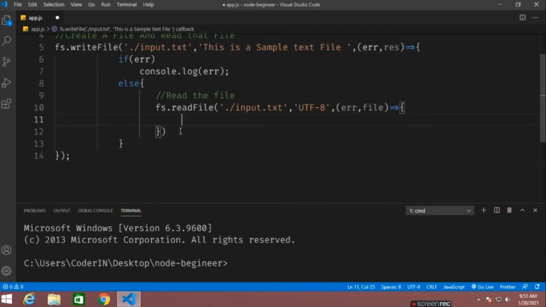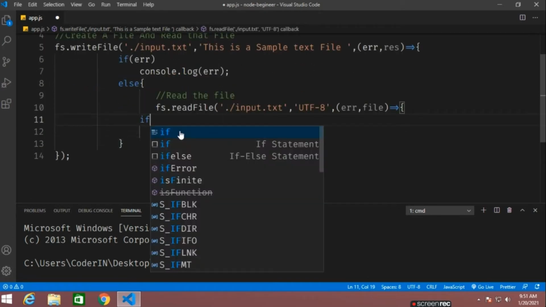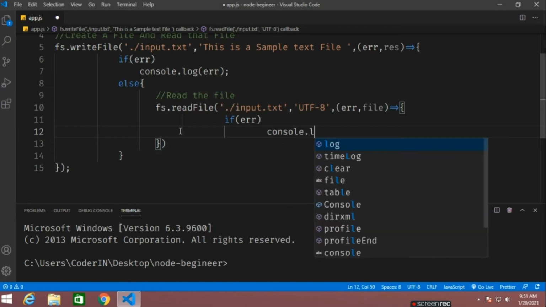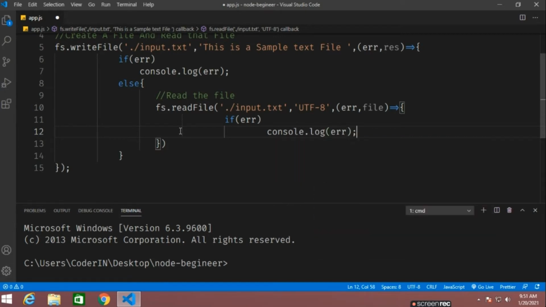So if there is any error, it will show me the error. Else, it will show me what is the content inside that file. So console.log error. Else, let me first format this. Else, we want to display the content of that file.